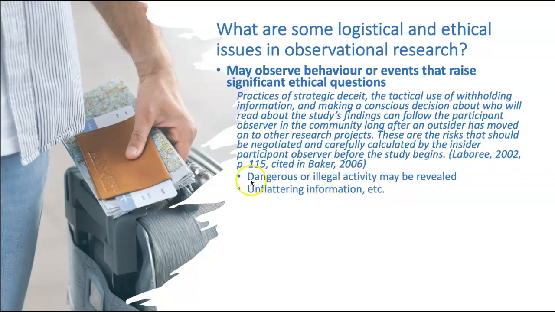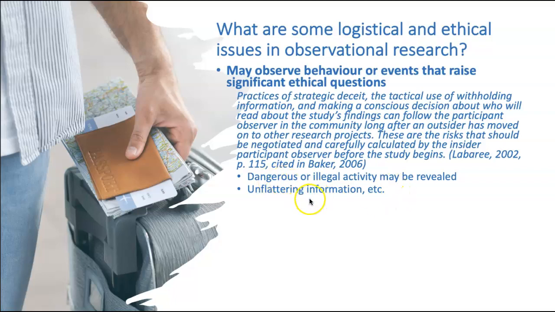The other aspect is what is revealed in the observations. So what if in your observing, and this is not that usual, but it can happen, you observe dangerous or illegal activities and they're revealed to you, what do you do then? If you think that this is somewhere where this might happen, and of course Baker would have been sensitive to this, for example, in her work with sex workers, then you need to have thought through carefully your ethical positioning and how you are going to respond to those kinds of challenges.